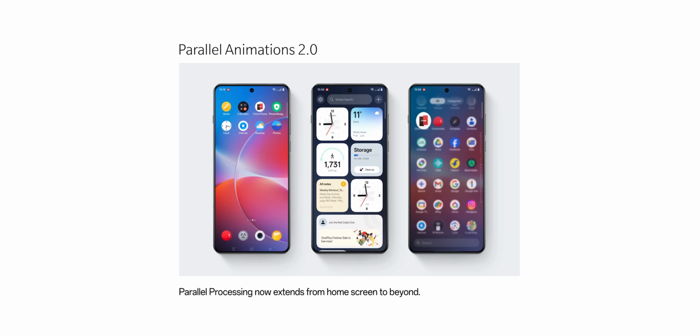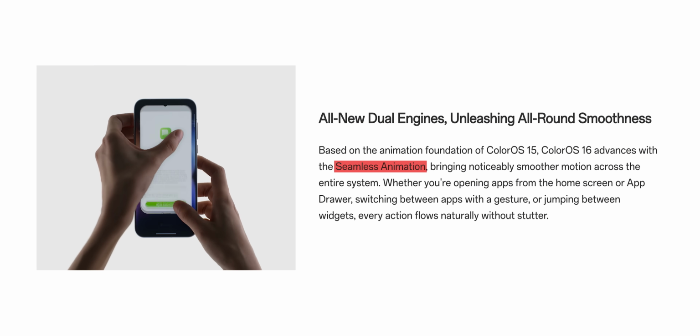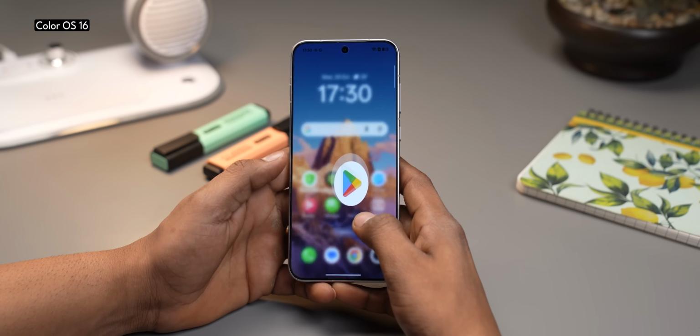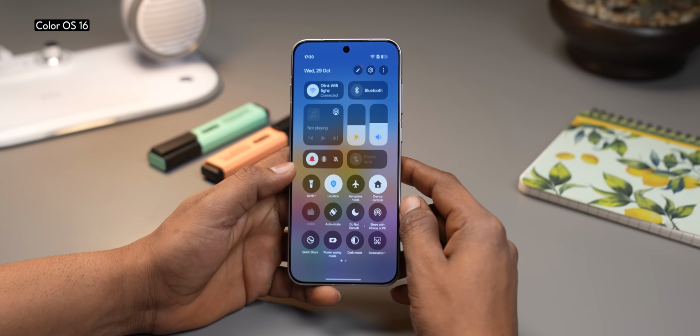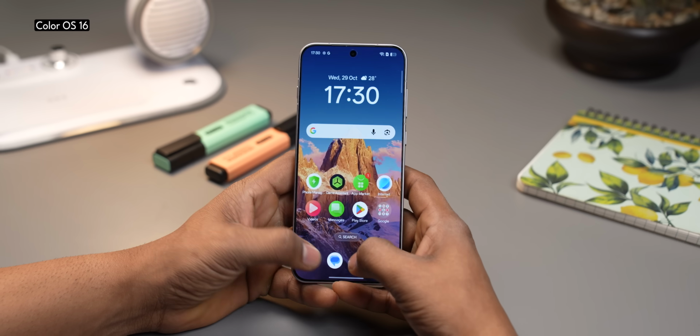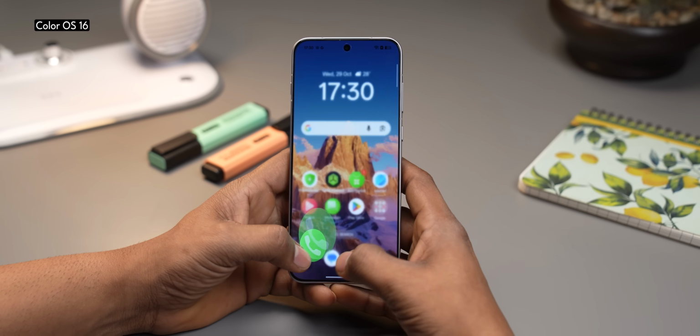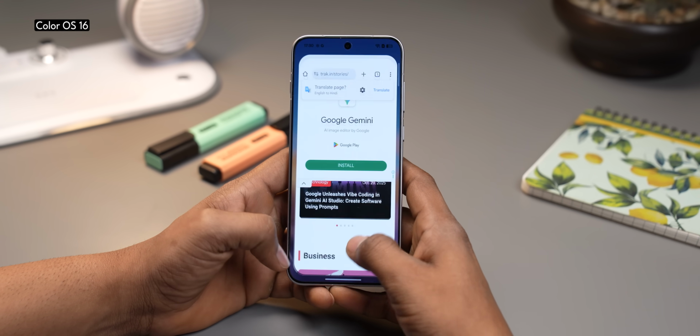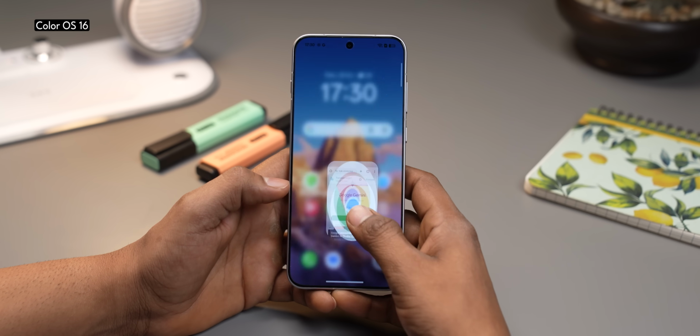Now, remember how OnePlus calls it parallel animations and parallel animations 2.0? Well, OPPO calls it seamless animations. From opening apps to pulling down the quick panel, everything moves fluidly. Transitions from the always on display to lock screen to home screen are continuous and silky smooth. And yeah, of course, if you want to run the internet's favorite speed test of opening and minimizing multiple apps back to back, you can do that with ColorOS as well, without dropping any frames